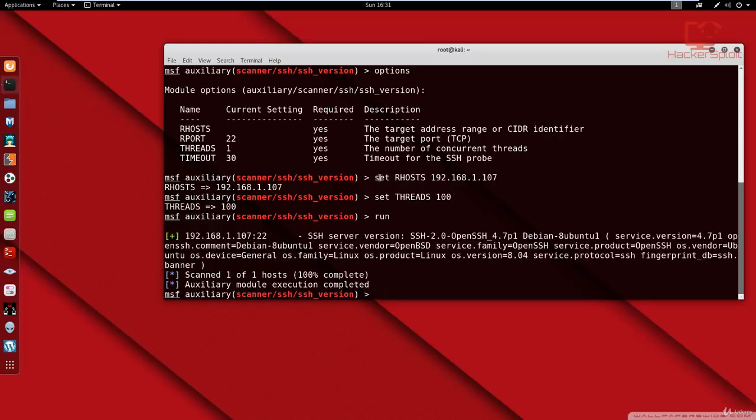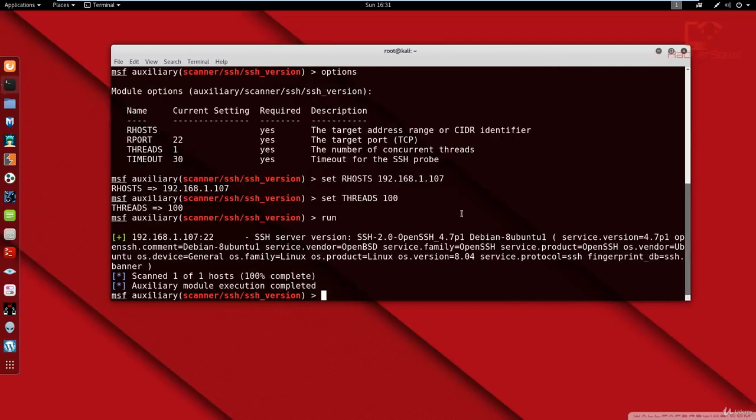Immediately it's going to return the results. So on the Metasploitable 2 machine, we have the SSH version running, SSH version 2.0 OpenSSH. It's running Ubuntu, and the version number is written there. And again, this can be valuable information. You could find exploits related to the version of SSH running, and that's for the exploitation stage, which we'll be getting to. But it's important to know how to use the Metasploit framework in any way,